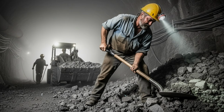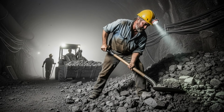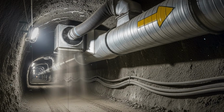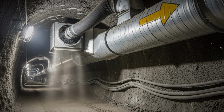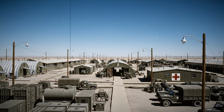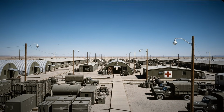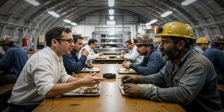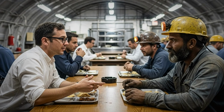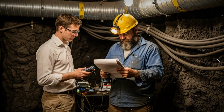Fresh blasting operations echoed through the mountain, followed by controlled clearing phases that removed debris while preserving the structural integrity of the main corridors. Ventilation ducts pumped filtered air through the tunnels, carrying dust and fumes out of the mountain and ensuring safe working conditions for miners and technicians. Outside, Camp 12 evolved into a self-contained outpost equipped with workshops, medical facilities, storage yards, and temporary housing for rotating personnel. The camp's isolation fostered a tight-knit environment where scientists and workers shared meals, discussed technical challenges, and prepared for the next test cycle. Despite the demanding schedule, crews maintained strict adherence to safety protocols, understanding that even small lapses